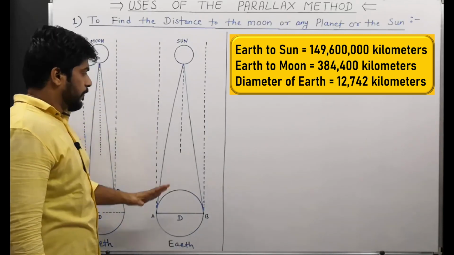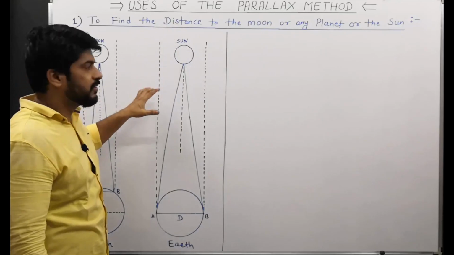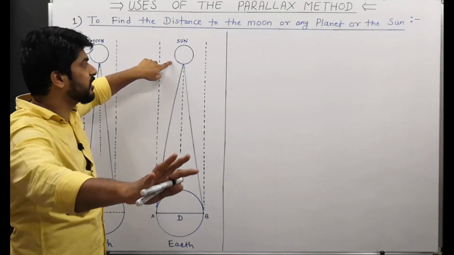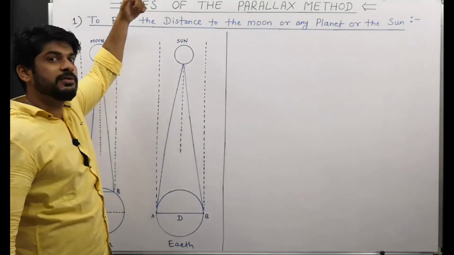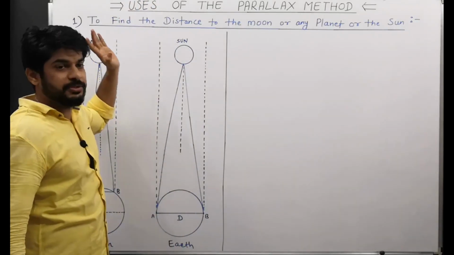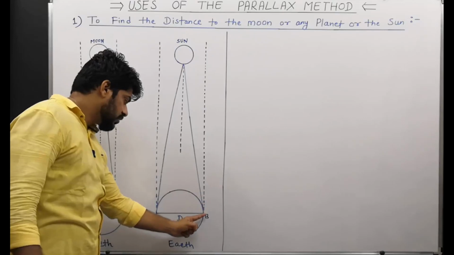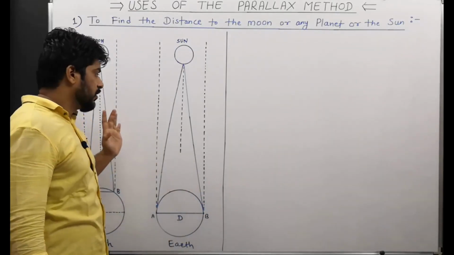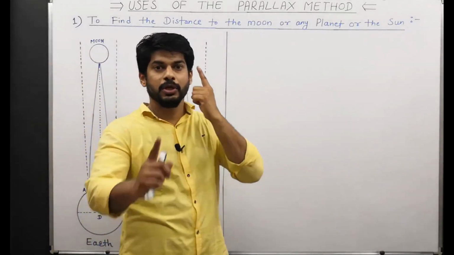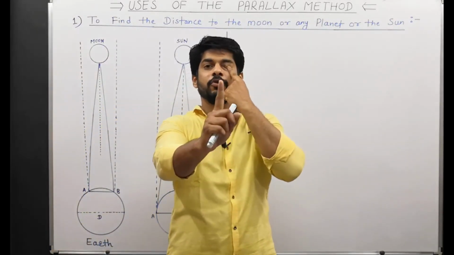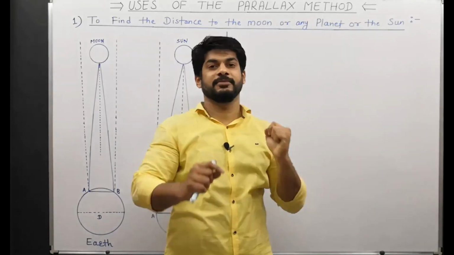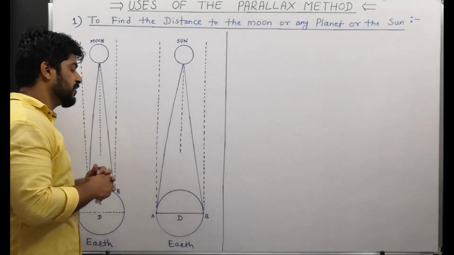Now everything has been defined. This is our nearby object. According to the parallax method, the star is a distant background object. These are the 2 points of observation, A and B. Now in the parallax method, what we do is observe the nearby object from 2 points of observation and observe the angle. So let's do the same thing here.